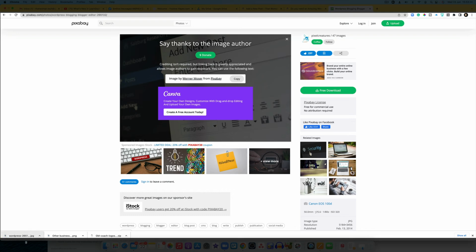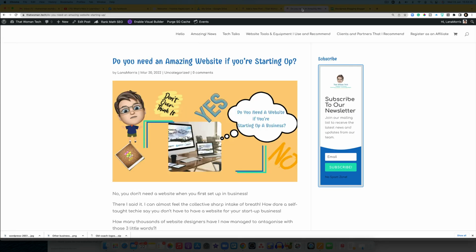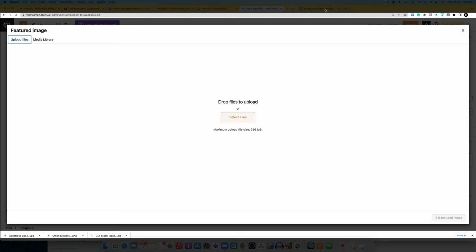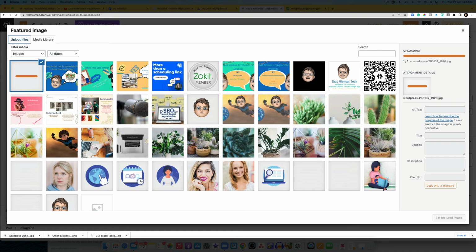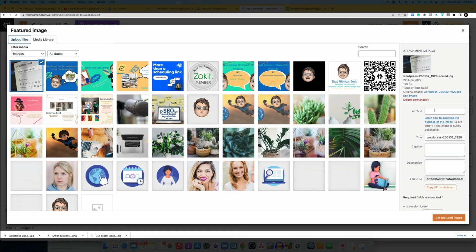So I've downloaded it. You can see it down the bottom of my screen. I'm going to go back over to my posts and I'm going to upload that file simply by dragging it in. Now, just a quick tip, Google cannot read images, so your best bet to get some SEO ranking on this bit is to put a description in the alt text. So we're going to put this as 10 tips for awesome